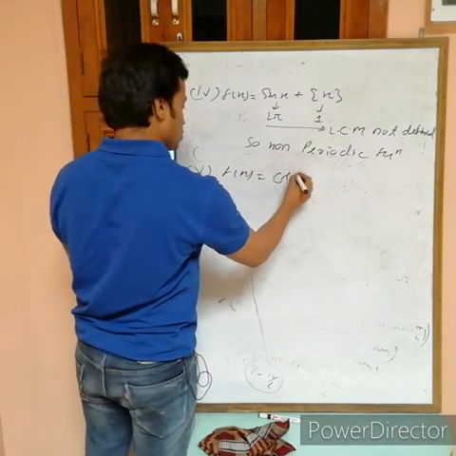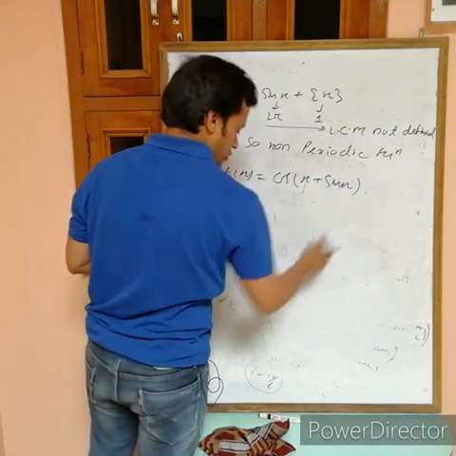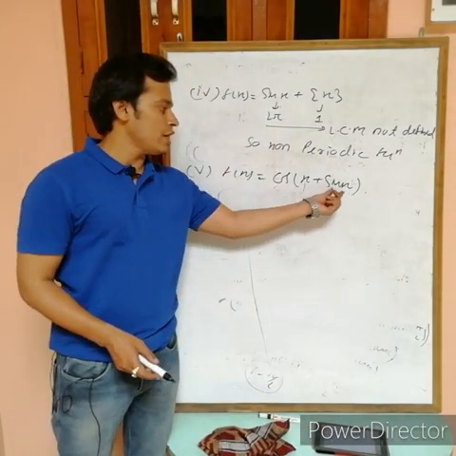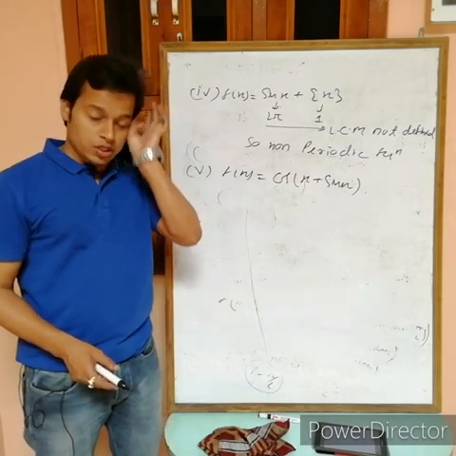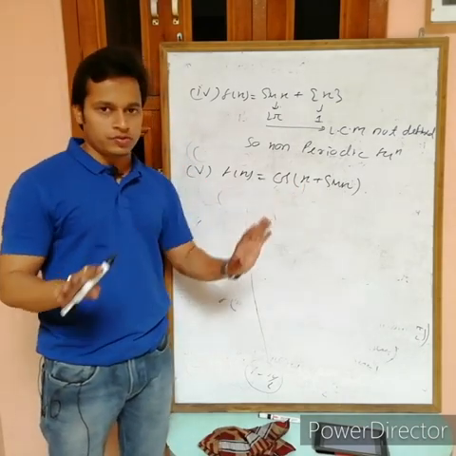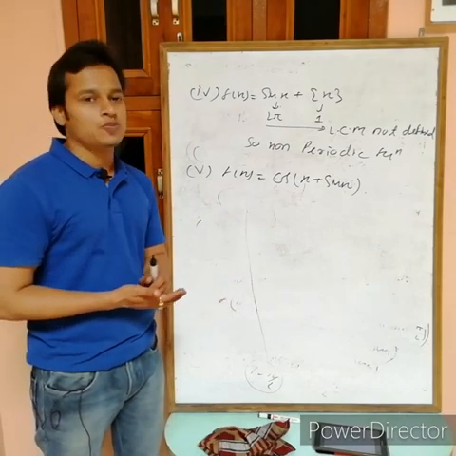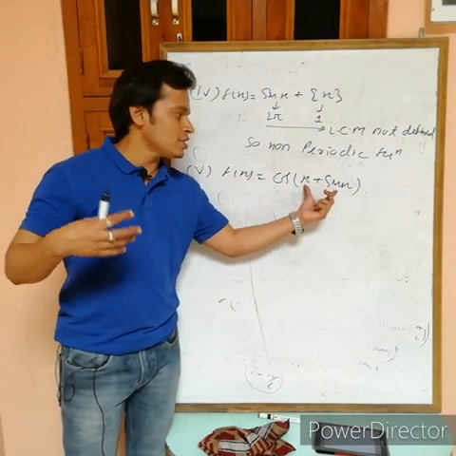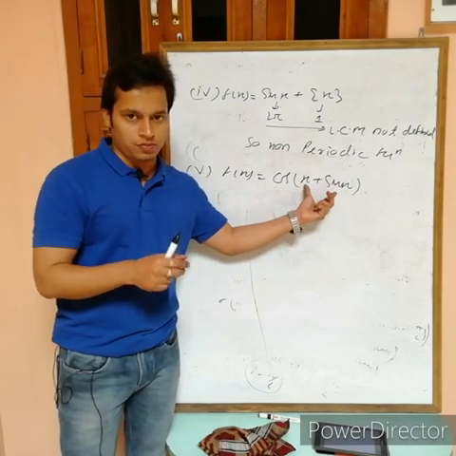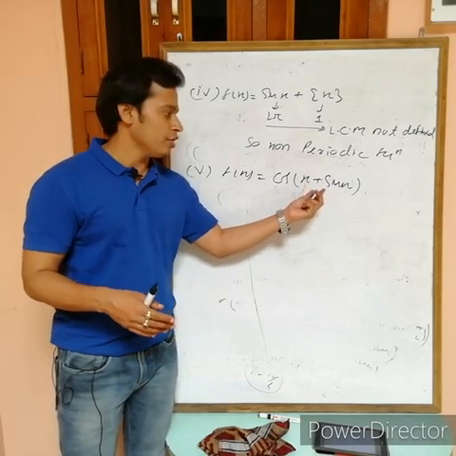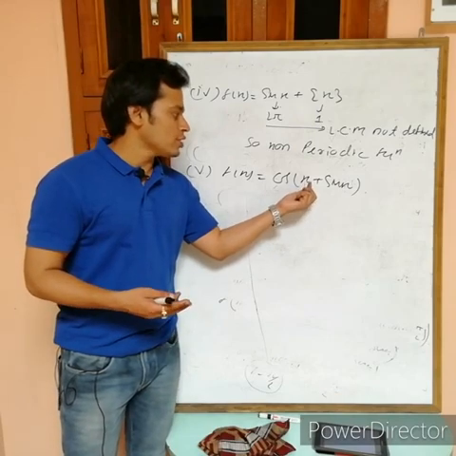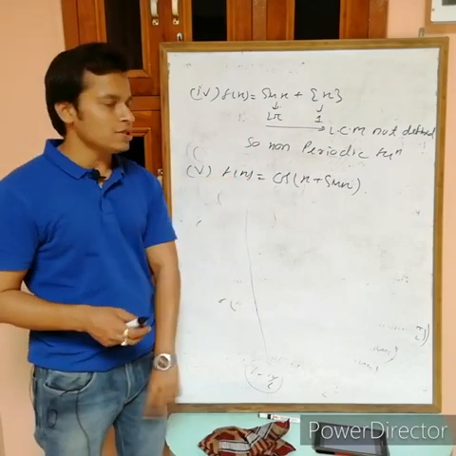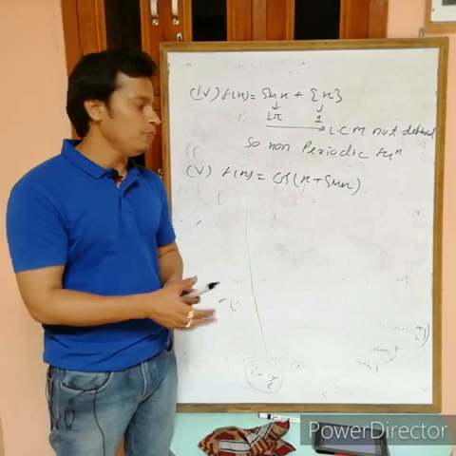f(x) is equal to cos of (x plus sin x). Now actually here x plus sin x is a non-periodic function, obviously because sin x is periodic but x is not periodic. But also this one is an increasing function, because if you differentiate it, you get f dash x greater than 0. There is no rule like this, but you can check if options are given. The differentiation of this one is 1 plus cos x, and 1 plus cos x is always greater than or equal to 0. So this one is an increasing function, from minus infinity to plus infinity.